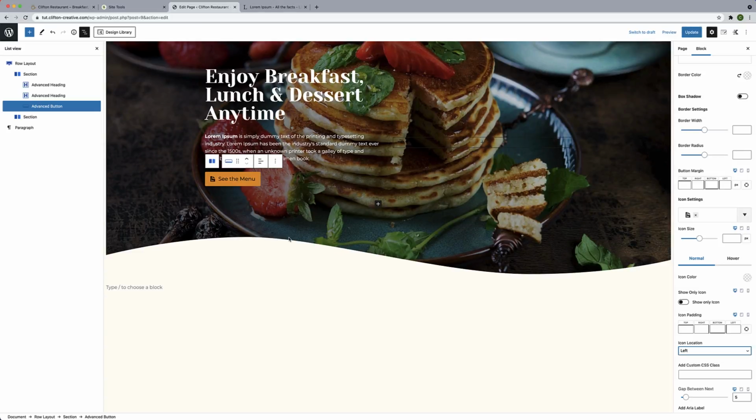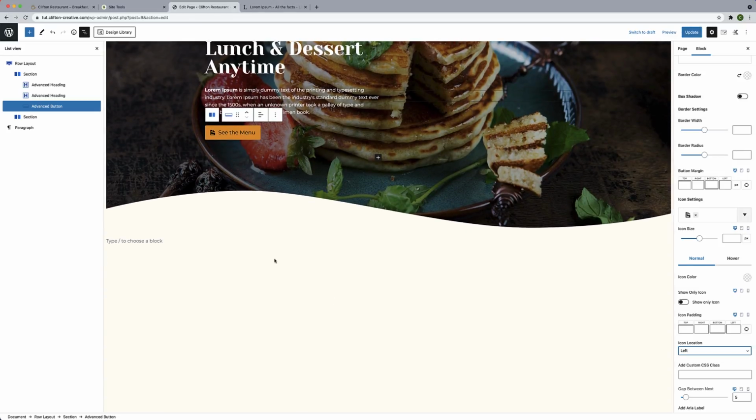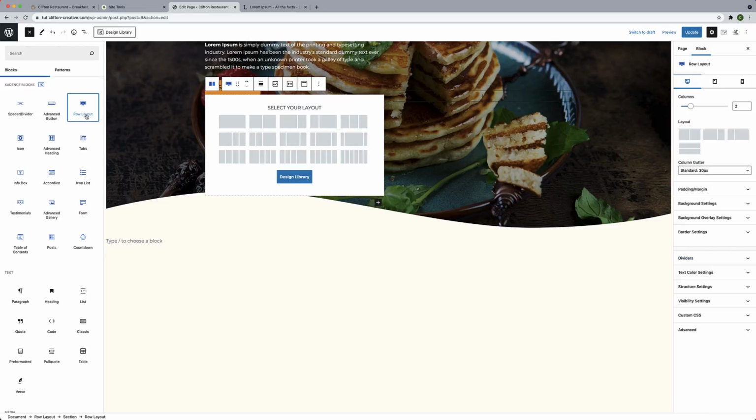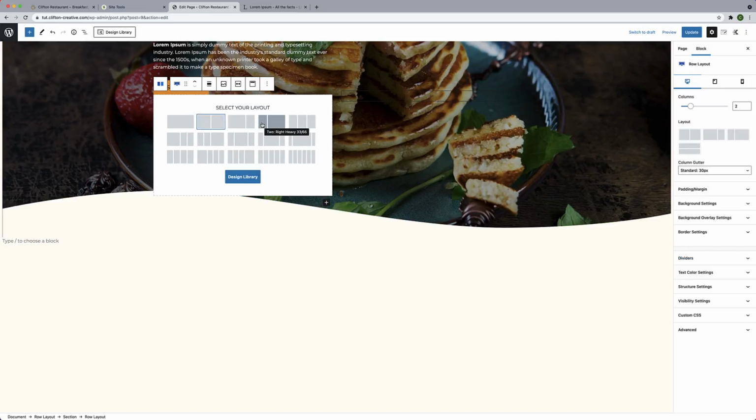Now we need to build out the next section here, which is the introduction. We're going to be introducing the restaurants, or have a little blurb or a paragraph or something that talks about the restaurant and then the different services that they offer. So to do that, we're going to create a new row. So just go here, click on the plus sign. We're going to select row layout. We want a 2-column row, and